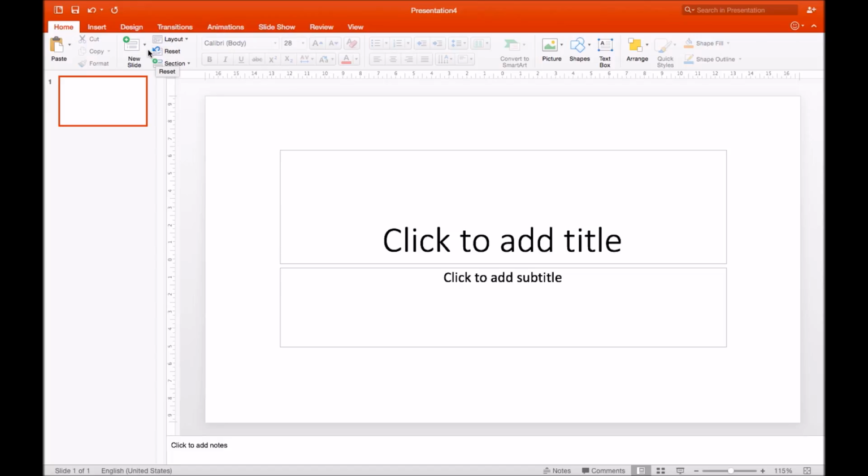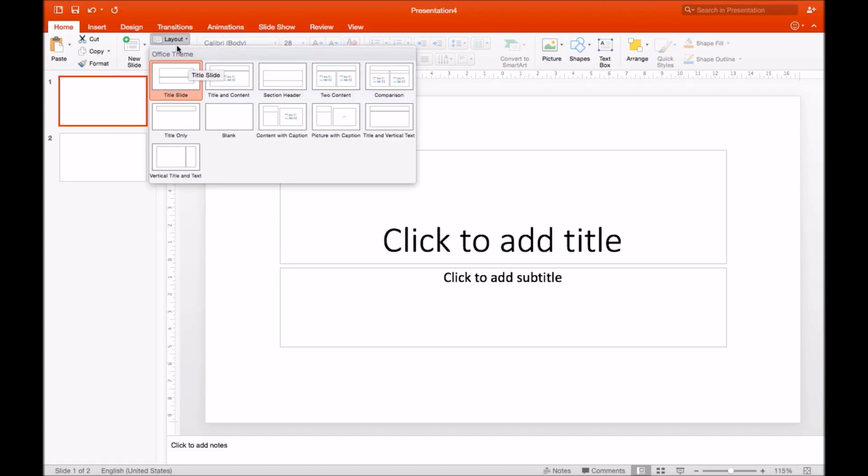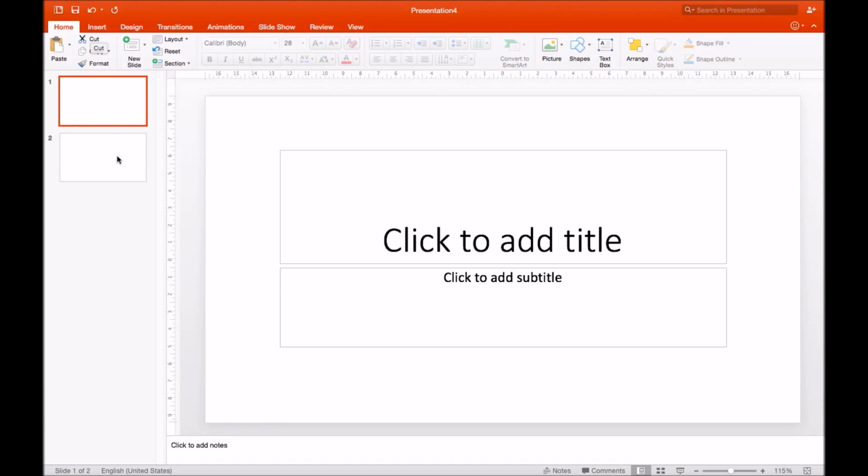Now, of course you insert a new slide from here. Okay, and you can change your slide layout here just now. All right, then next,